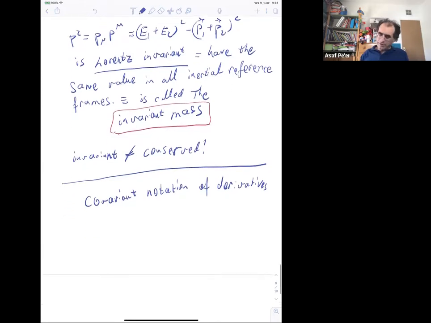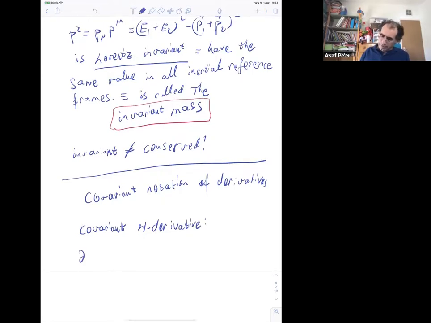So the definition of a covariant derivative